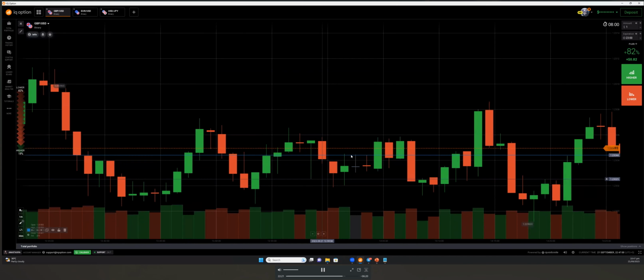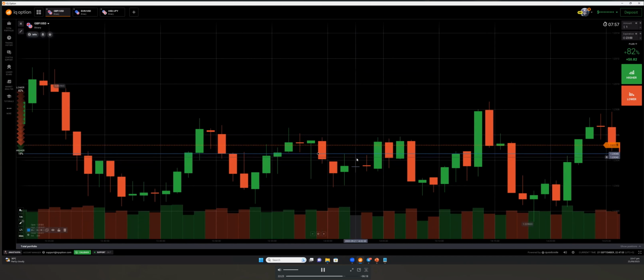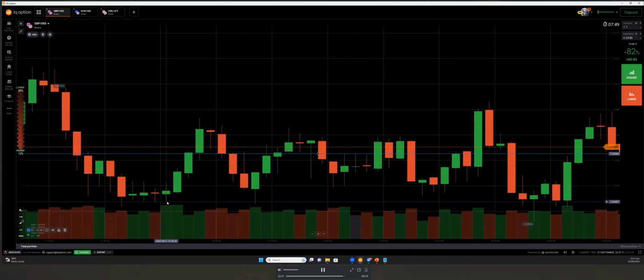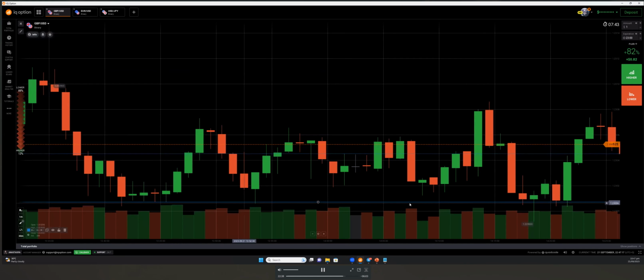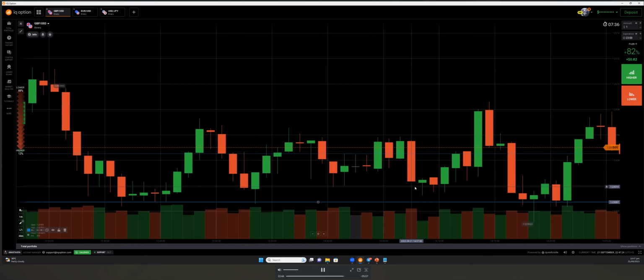This is a spinning candle. You can use it as a support and resistance. It's a doji. You can use it as a support and resistance. If the price closes, you will find the reactions will be there. With a spinning candlestick, you will find the support and resistance, and you will find that the price is working. All these types of candlesticks will be active as support and resistance levels.